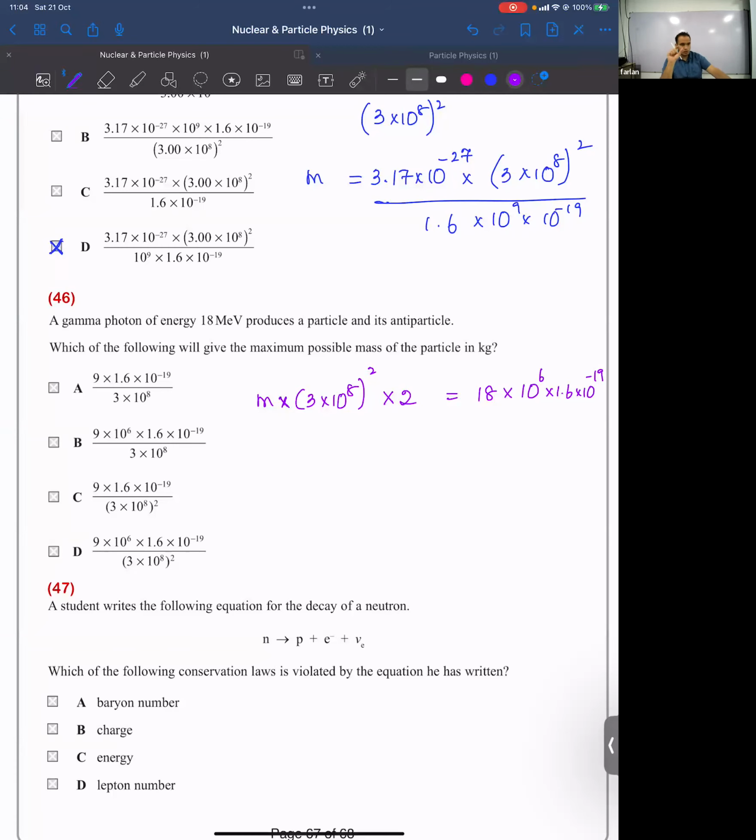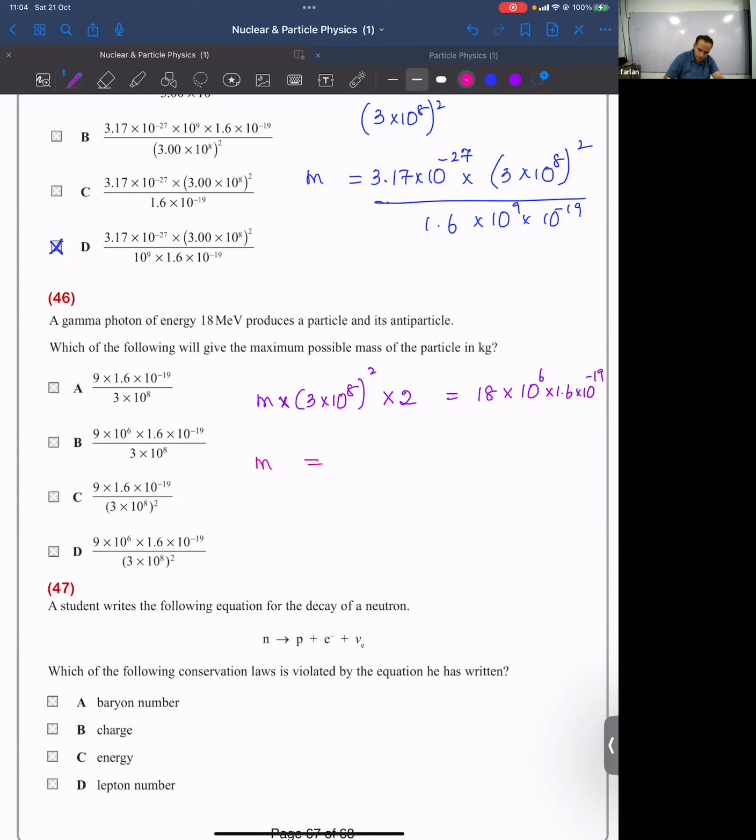So if I take the mass of one particle to be m into c square, m into 3 into 10 to the power 8, the whole thing square, that multiplied by 2 will give you the energy of both the particles. That energy should be equal to the energy of the gamma ray photon, which is 18 into 10 to the power 6 into 1.6 into 10 to the power minus 19. Correct? So if I get the m subjected here,